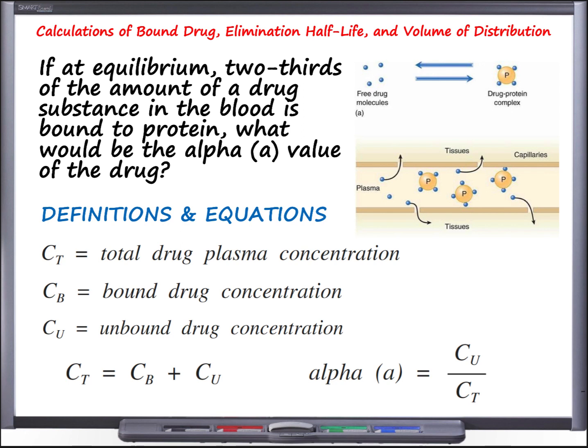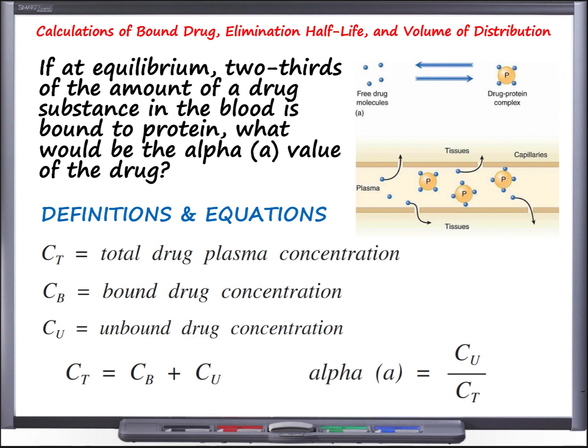Since it's either one or the other, the amount of the drug in the blood is either bound or unbound. When you add up the concentration bound and the concentration unbound, you get the total concentration. That's probably pretty straightforward. Now, the whole point of this is we want to calculate an alpha, or what they call an A value. Simply, by definition, that is the concentration of the unbound drug divided by the concentration total. So essentially, it's expressing the percent of the total amount of drug that's